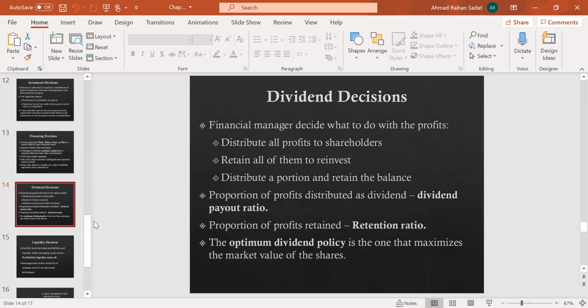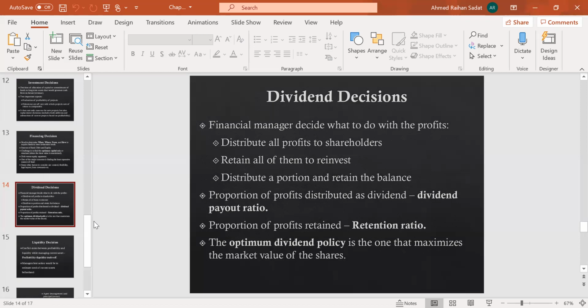But in a situation when the growth is so high for the company, they might also retain, given that they are good enough in negotiation to talk it through in the annual general meeting about the retention part and not giving it out, so that it makes sense, because the shareholders will ask how much wealth they're going to make out of it. For example, how much the share value will be maximized on that retention amount. But usually they don't do this either. The typical practice is to distribute a portion as dividend, and the rest will be retained. So that's what they do.